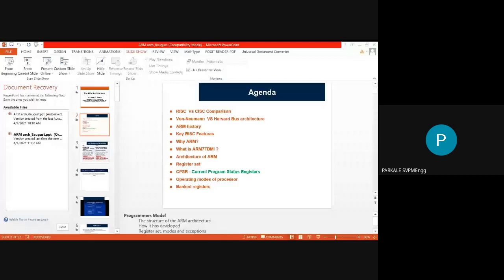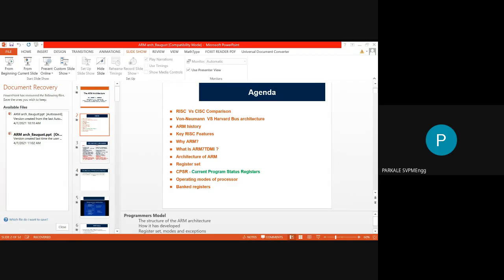The third point is in terms of memory to memory load and store instructions. In CISC, the data transfer will take place by using memory to memory load and store instructions. These are two instructions called load and store. Load means you have to load the data from memory to registers, and store means you have to store the data from register to memory. So CISC is based upon memory to memory load and store instructions, and this is quite complex, because if you want to communicate with the memory, then it will take more time.